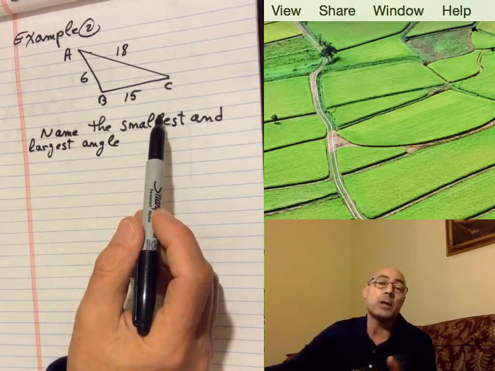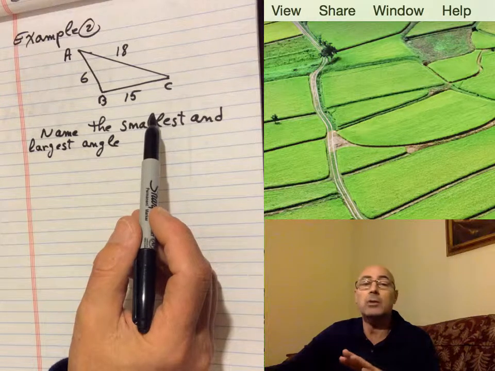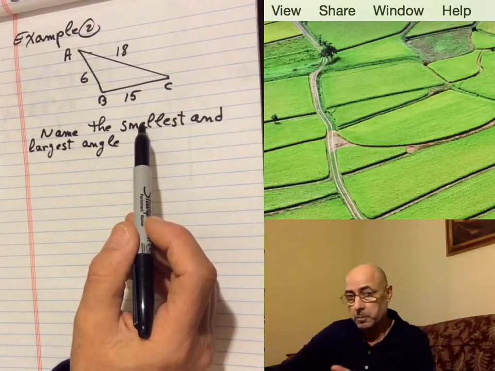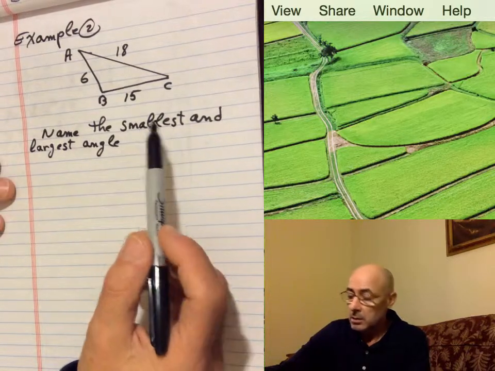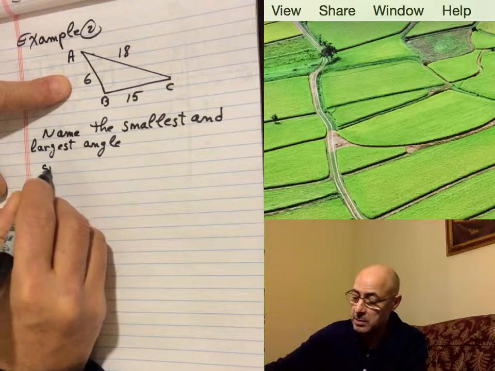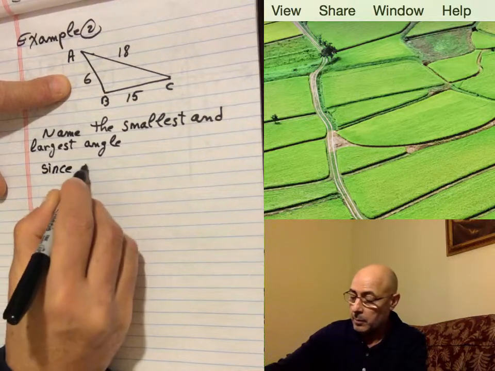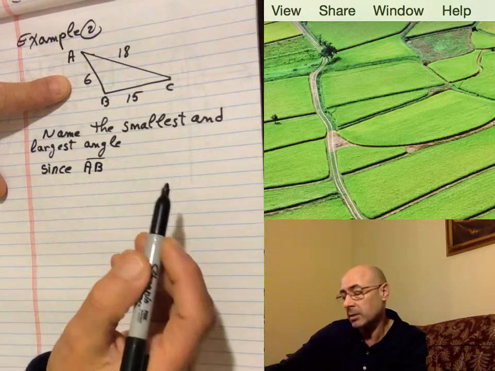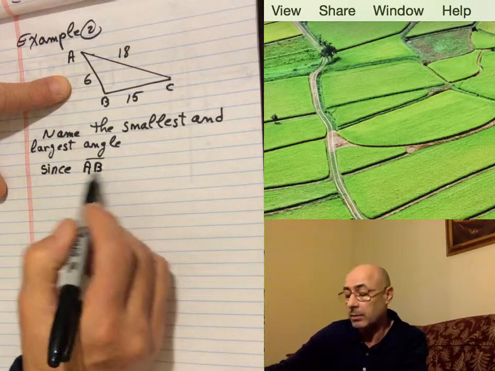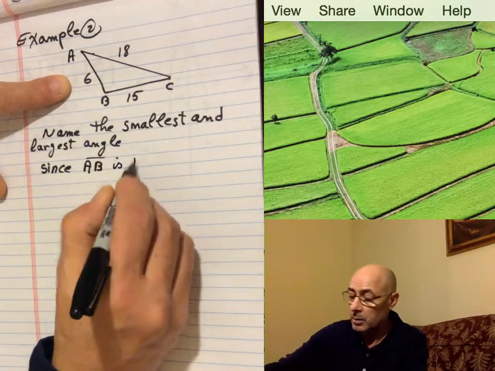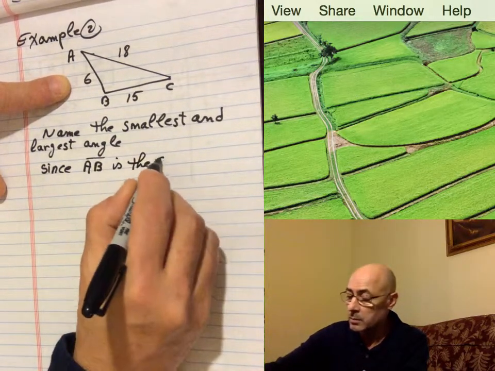So you need to figure out which one is the smallest side, and then you look which angle is across or facing that side. So the smallest side is AB. So I'm going to write since AB. Since I'm talking about side, I should put segment on the top, because I'm not talking about the length of AB. Segment AB is the shortest